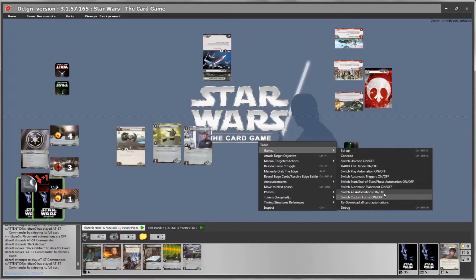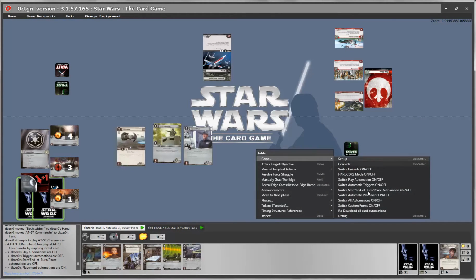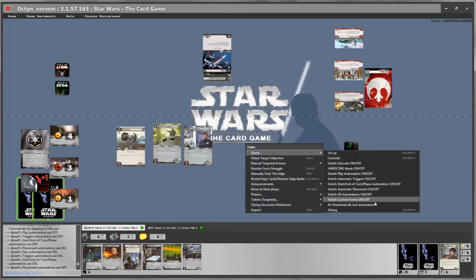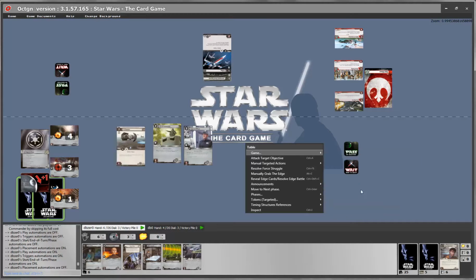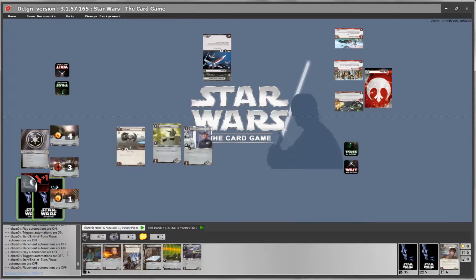And finally, if you want to play with completely all automations on or off, you can go to automations and tell them all on or off. Basically, telling all automations on or off is flipping all the automations as you have them. So now that everything is on, turning all automations off, and there you see.